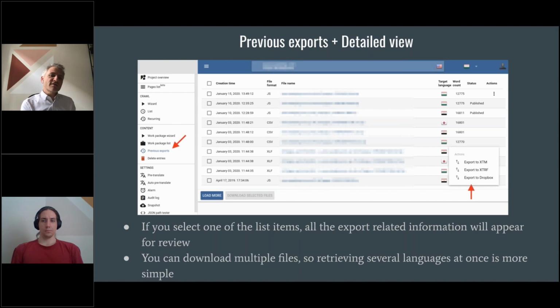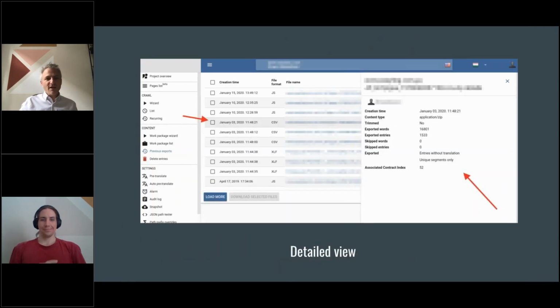Now, when you have a look at the file formats, the XLIFF file is very familiar to all of you. The CSV is something really for an archiving option. The JavaScript is something that Zalan is going to introduce to you after my presentation about the client-side translation possibility of Easyling. And here, the other feature that we wanted to show is that for every export, you can also access further information from a panel if you just click on the